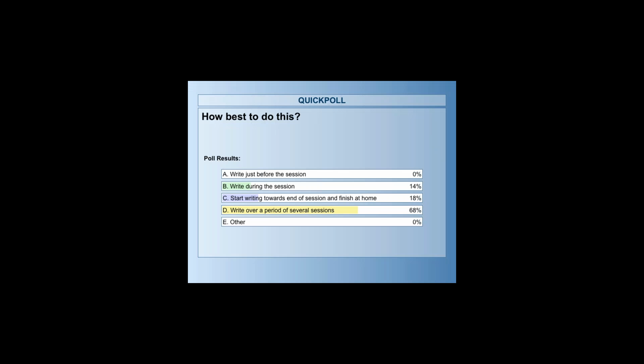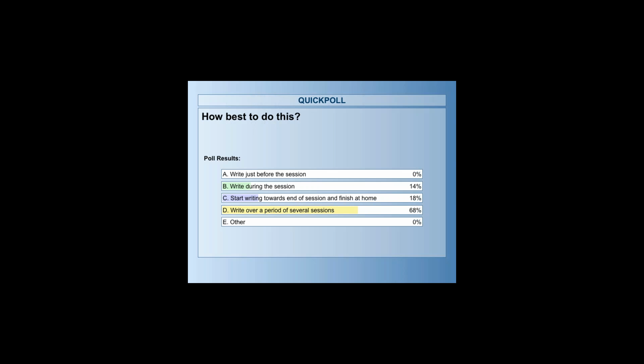So are you surprised that so many people wanted to write over a period of several sessions? I'm not, because the writing process really lends itself to that. What does not lend itself to that is those of you that are not working in a one-to-one tutorial session, those of you that are working in classrooms that have open entry, open exit. And you need to figure out how you can have learners work with the material if they're going to show up 2 days after you've done the pre-writing. So this is a challenge, and it's a challenge that a lot of ESL instructors face.